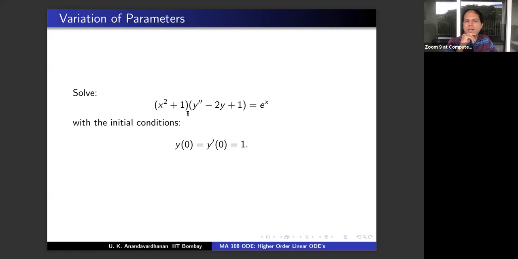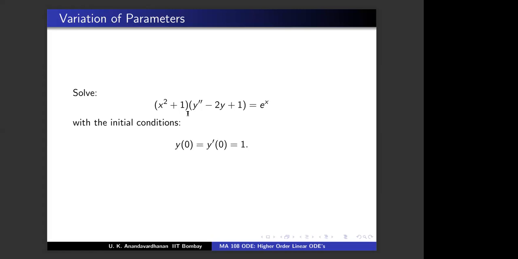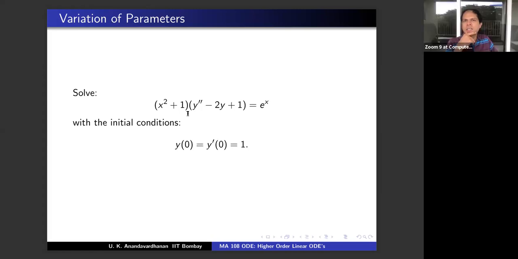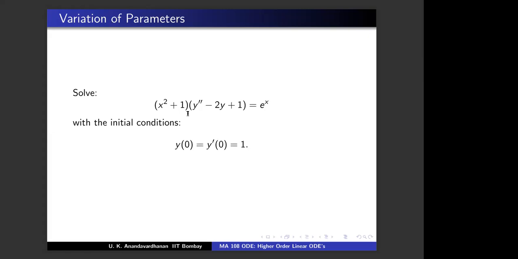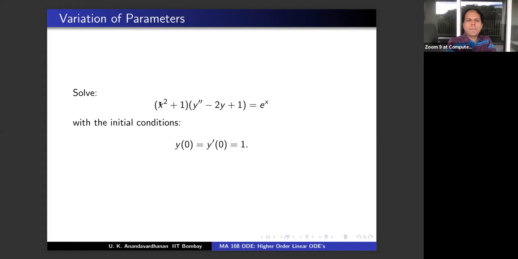Okay, how many of you think that this can be done without variation of parameters? We can try annihilator. Annihilator will work. Annihilator, you needed constant coefficients. But is this constant coefficient? So first we will apply annihilator to the x square plus 1 side, so x square plus 1 would become constant, and then it's x e to the power x. No, but you cannot apply annihilator to this.